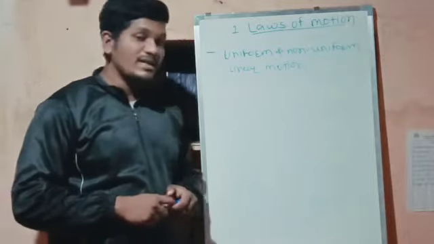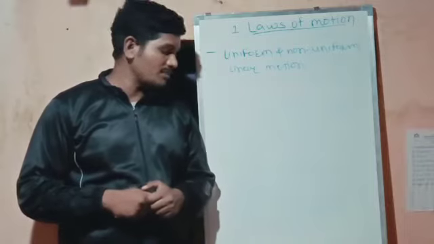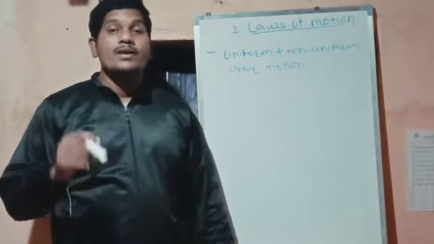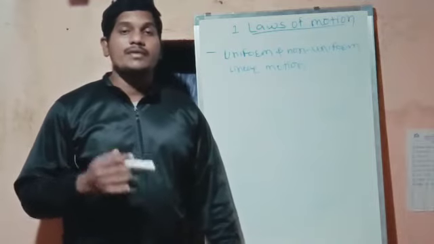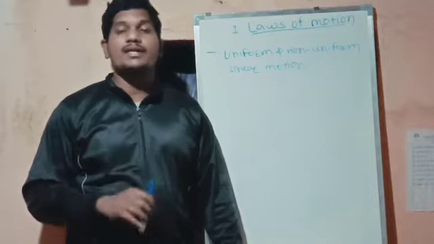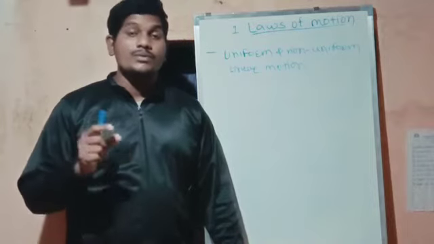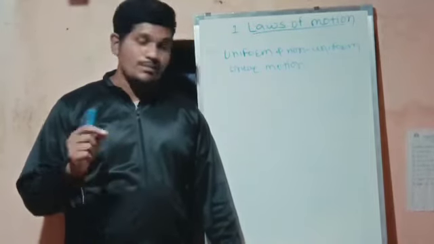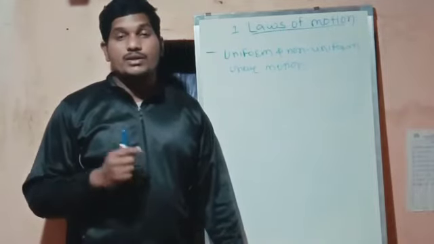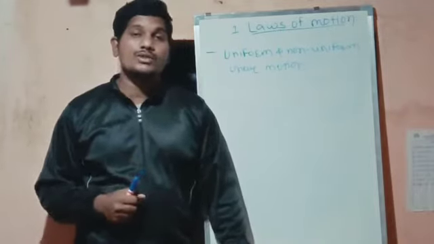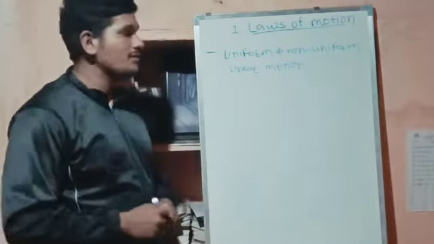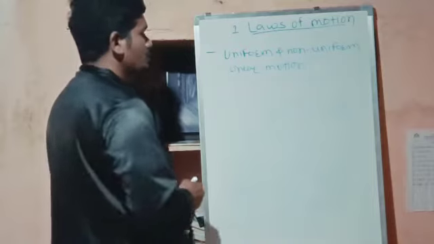Now we have already understood what is meant by linear motion. So linear motion is nothing but whenever the distance is covered in a linear path, it will be linear motion. Now we will understand the uniform linear motion and non-uniform linear motion. So what will be the uniform linear motion and non-uniform linear motion? Suppose we will understand with the help of an example.